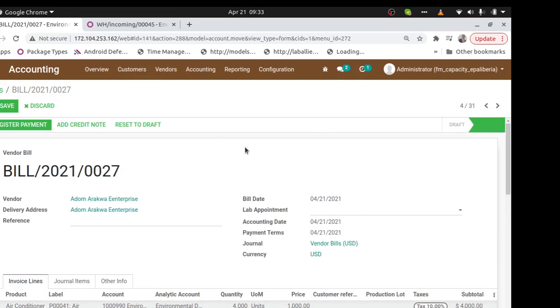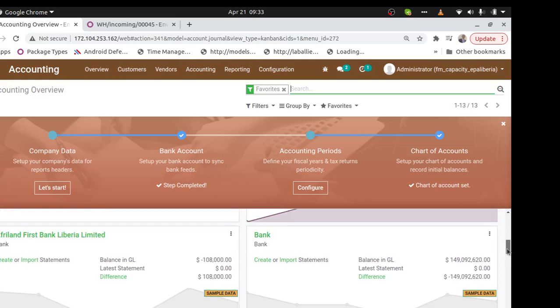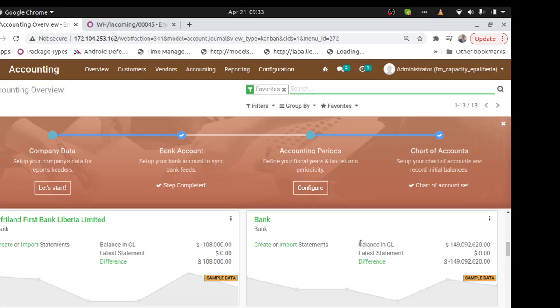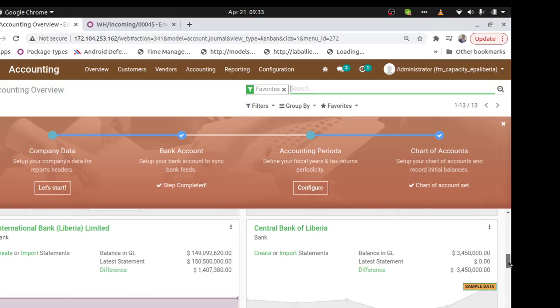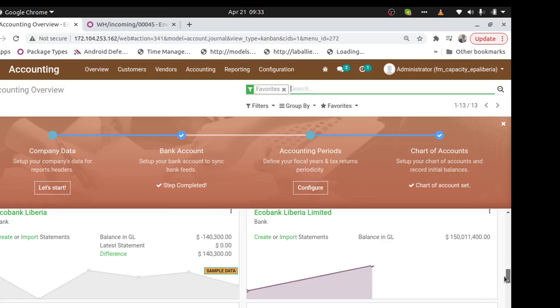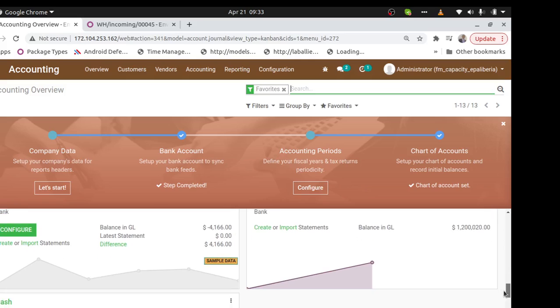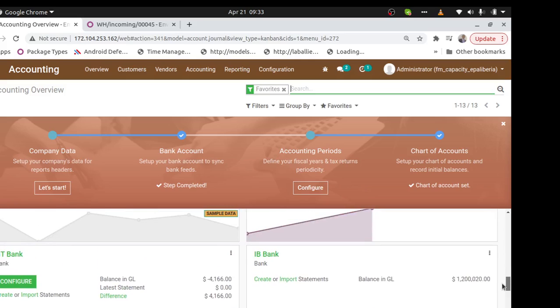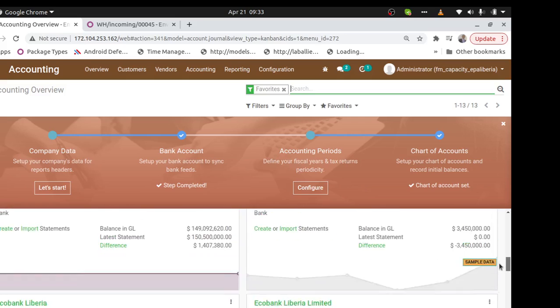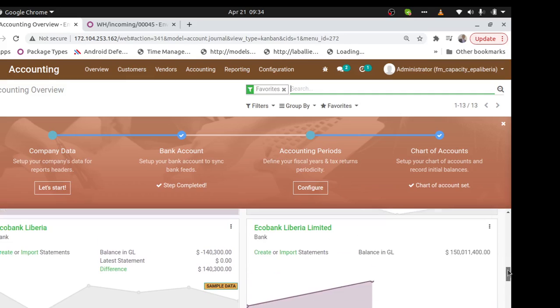So I will go to reconciliation. I'll go to overview. Overview shows me all the bank accounts and the customer invoices. I can select the bank I'm paying through from here. I have this bank here, GT Bank. I have other banks, Central Bank there. I have this other bank, Eco Bank, with their balances also. All that, I have those bank accounts. So let me say I want to pay through Eco Bank.